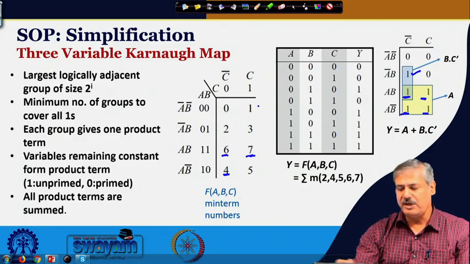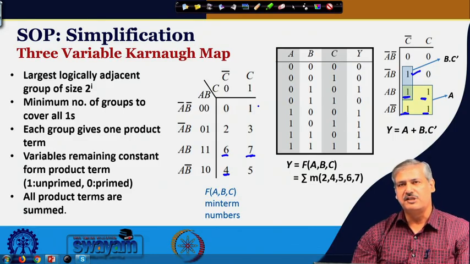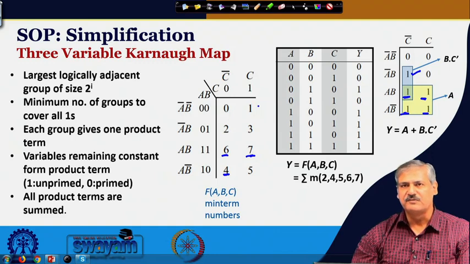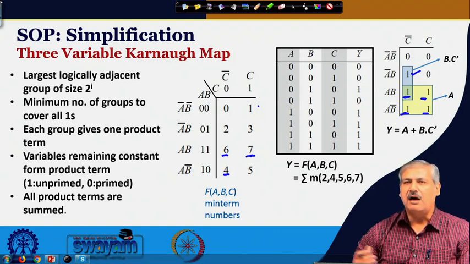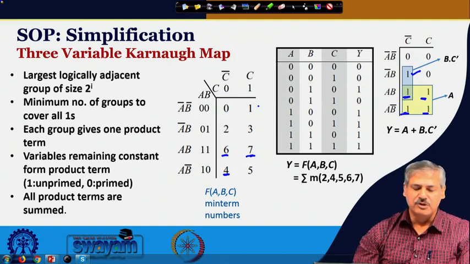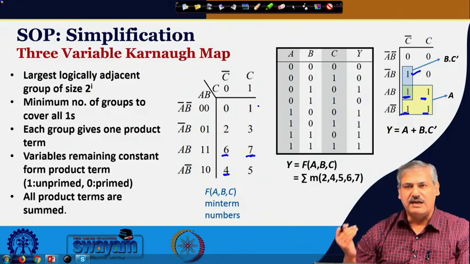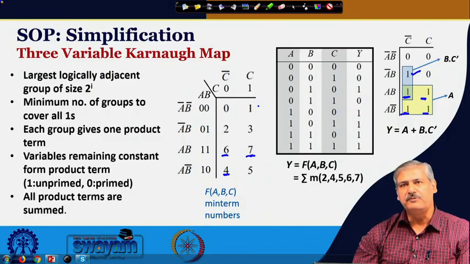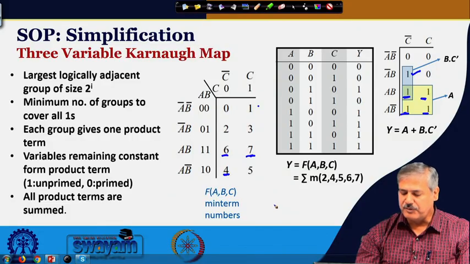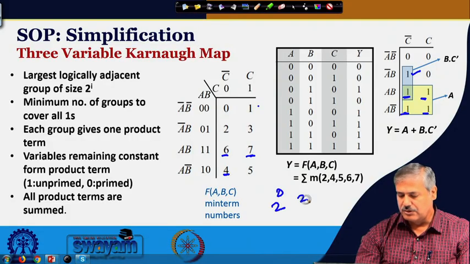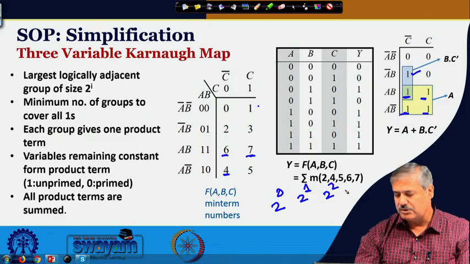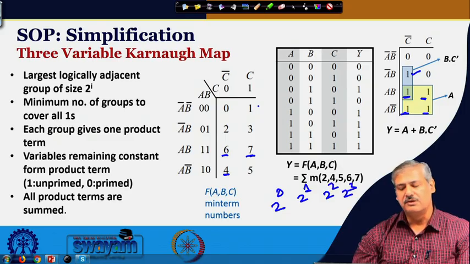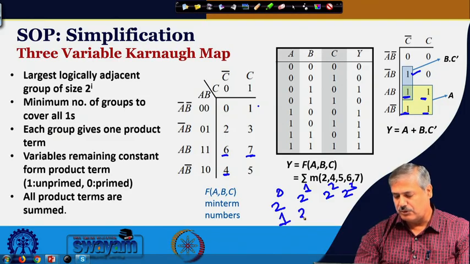Okay. So, that way the truth table is converted to a 3 variable Karnaugh map. Is it clear? Right. Then how do we form the groups? We look at the largest logically adjacent group of size which is an integer power of 2. So, what is an integer power of 2? 2 to the power 0, 2 to the power 1, 2 to the power 2, 2 to the power 3, like this. Okay. So, that means sizes of 1, 2, 4,